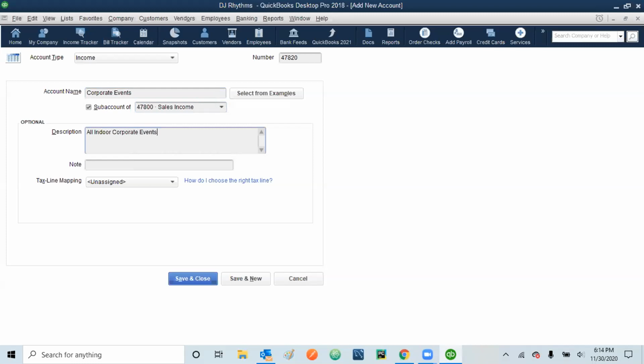So whatever I'm typing here in the description or the name of the account is from the book. So you don't have to be confused. If you don't have the book, then you will not know what I'm typing. But all the information that I'm typing here, or selecting for the sub account, are all in the book, right? And then you can just say save and new, because we have one more item to create.